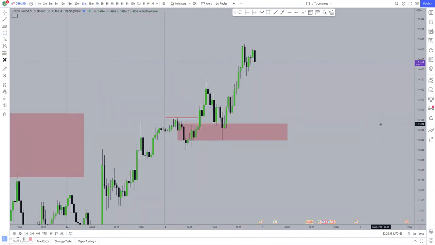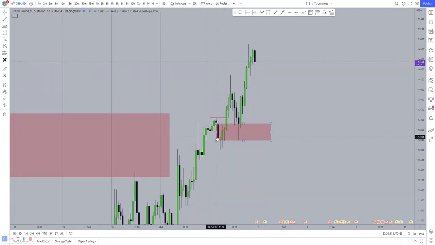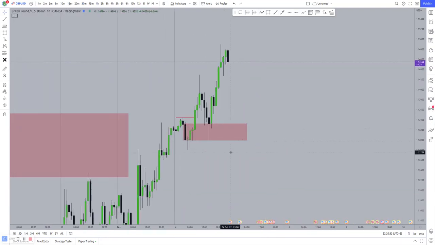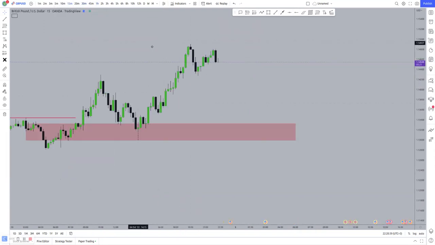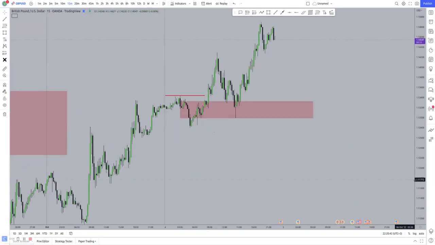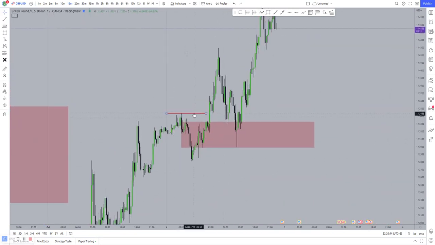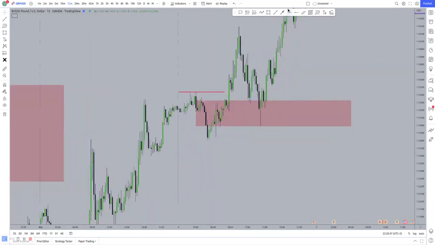M30. Now with M30, I know you would start refining your order block to this one, which is okay, but for me, this move on H1 is still my order block because I have my own definition of an order block. Okay, so let's go to M15. Since we have this breaking structure and then price has taken out also this liquidity,